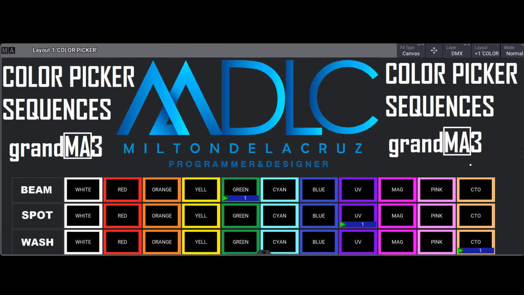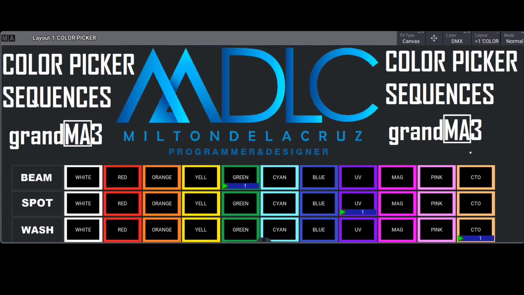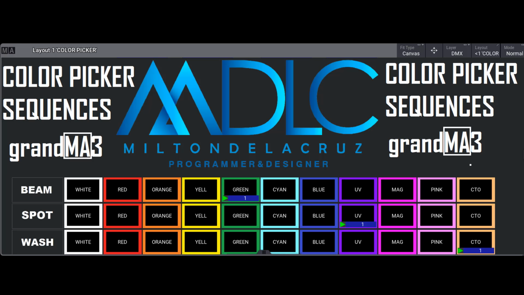Hello and welcome. In this new grandMA3 video tutorial, we will see how to create a color picker in the